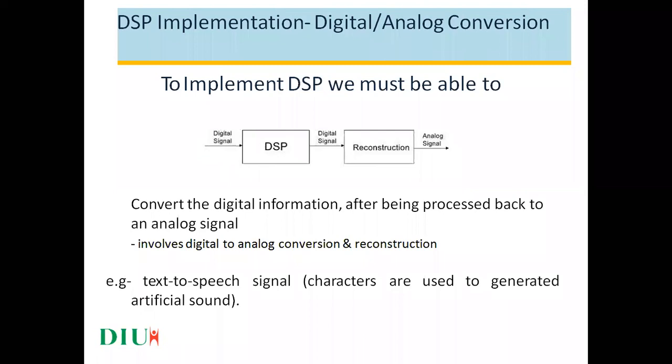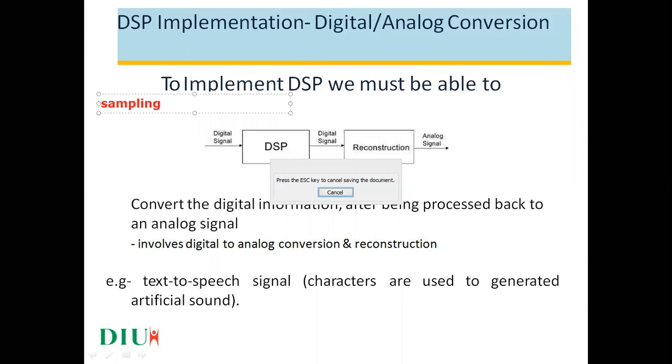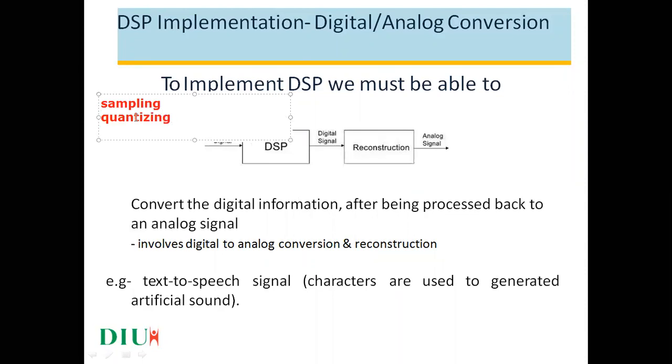The conversion takes place in three important steps in the ADC. The first step performed in analog to digital conversion is sampling. The second is quantizing, and the third is encoding. These are the three different operations done before applying the signal to the DSP processor. That is, these three processes are used to convert the analog signal to a digital signal.